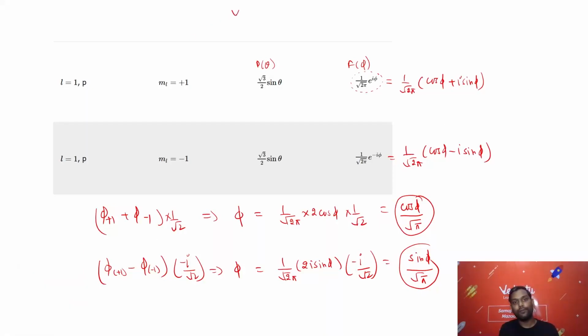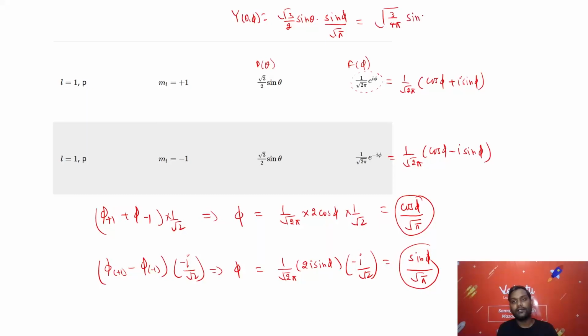For one of the p orbitals, y theta phi would be multiple of p theta and this phi part, that is root 3 by 2 sine theta into sine phi upon root pi. This will be root 3 by 4 pi